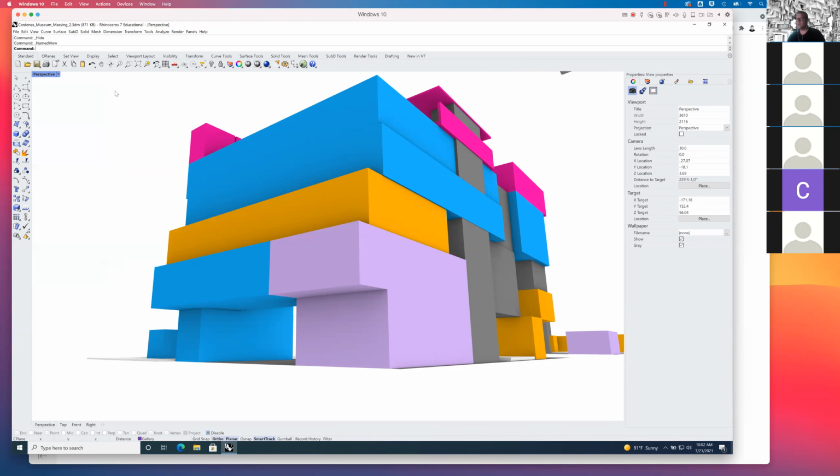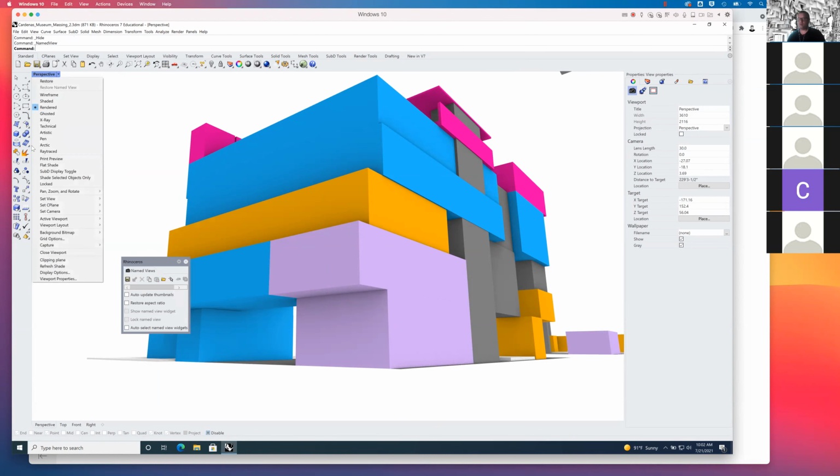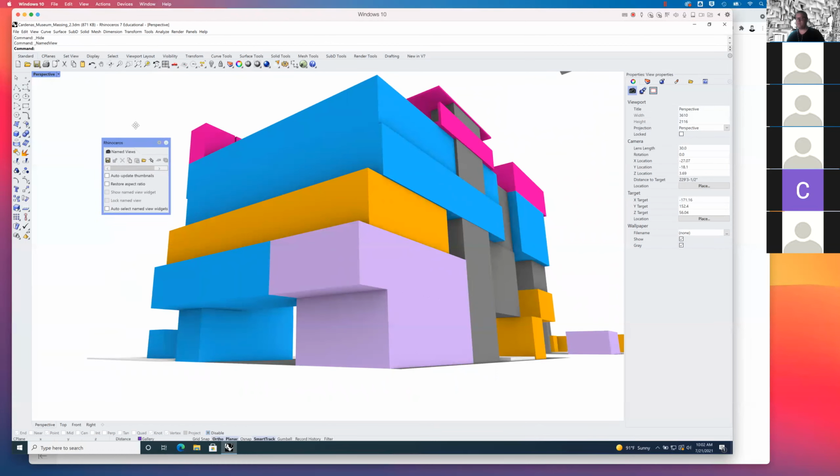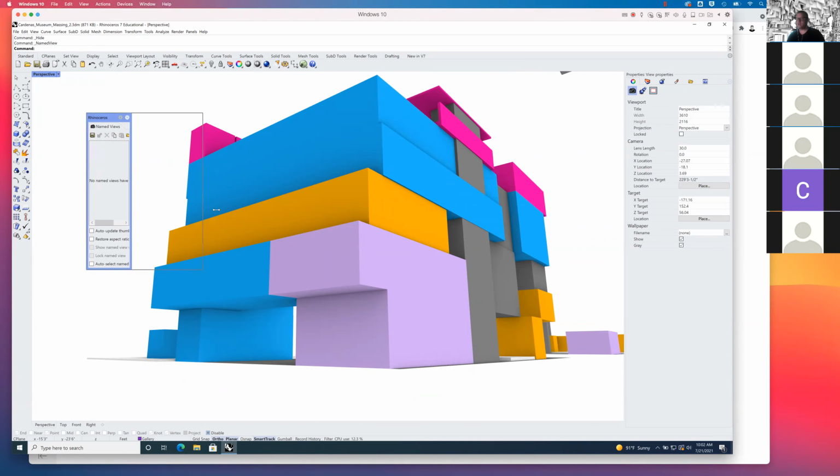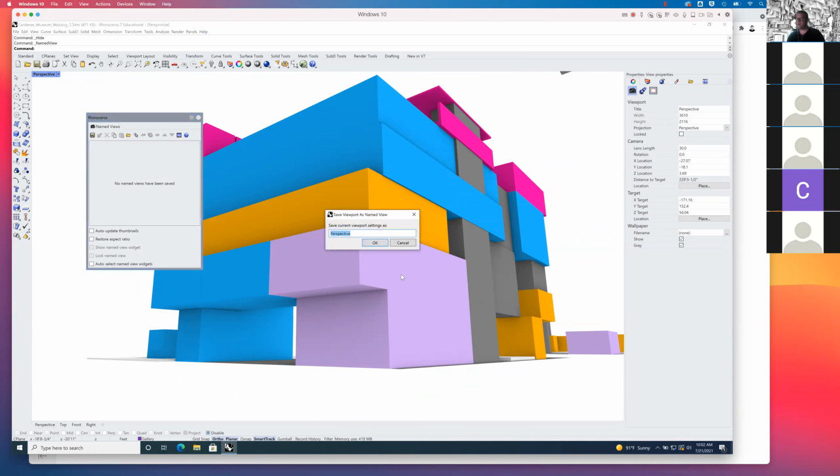of these views. So if I go to the viewport pull down, and I go to set view, right, where I can say, I want to see top view or perspective view or axon. And I go to named views, right? It brings up this box and there's a save button. And as I start to identify perspectives that I'm interested in potentially pursuing, I can save them, right? So I'll call this